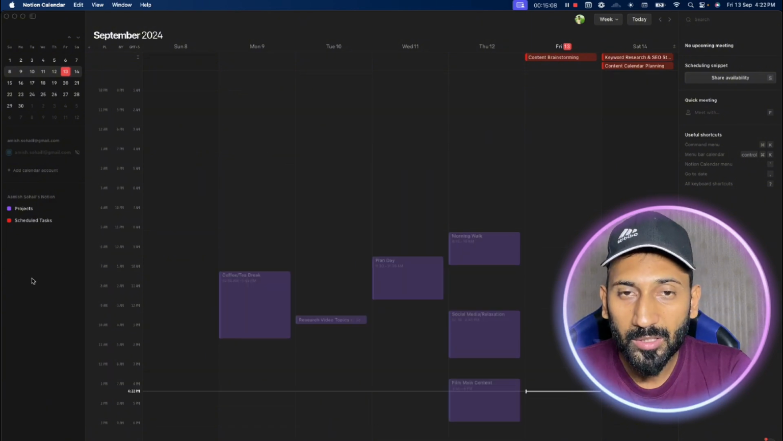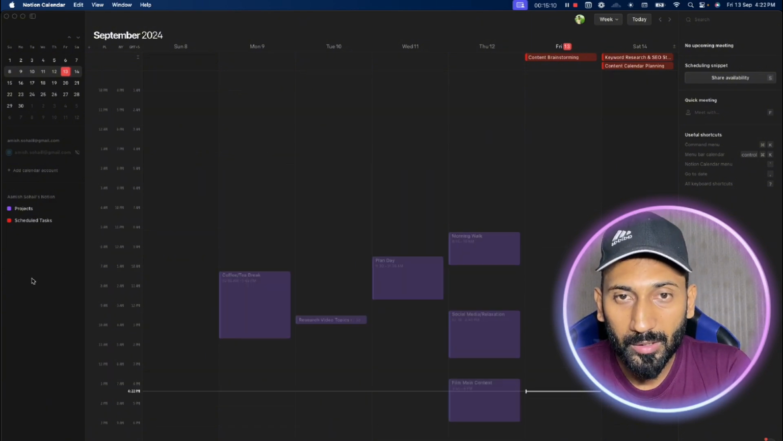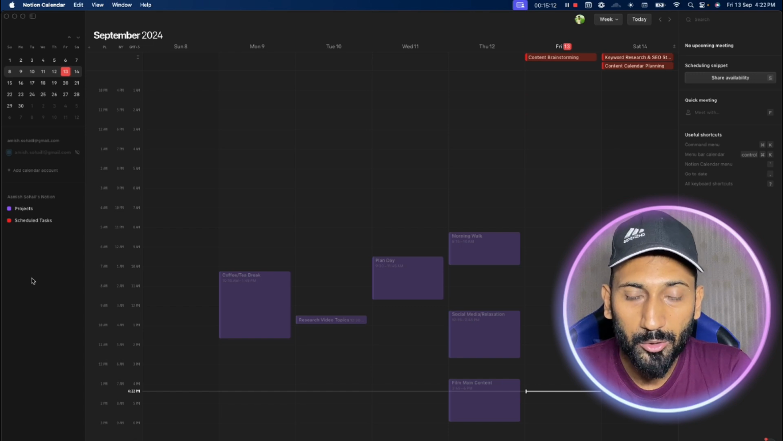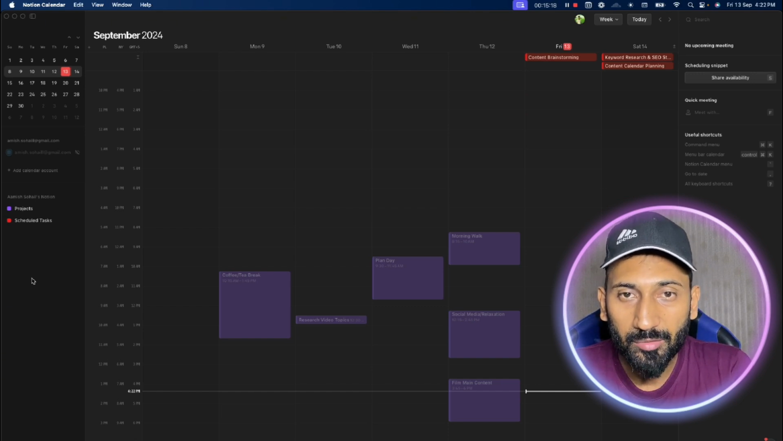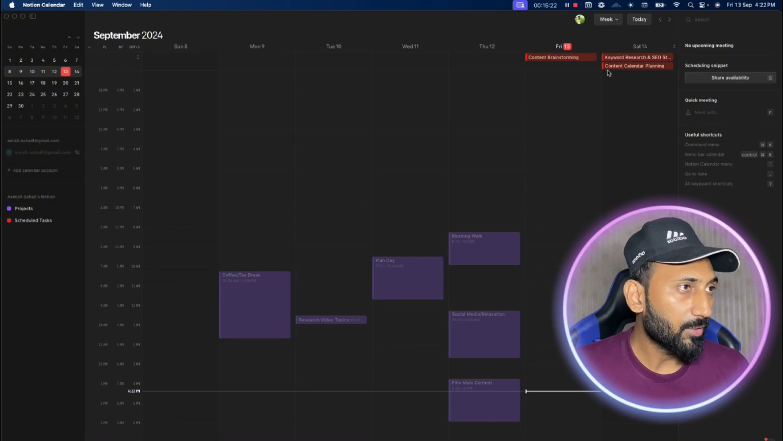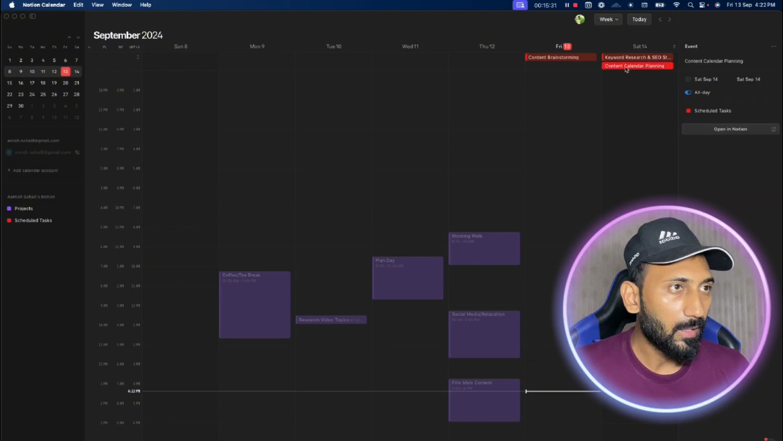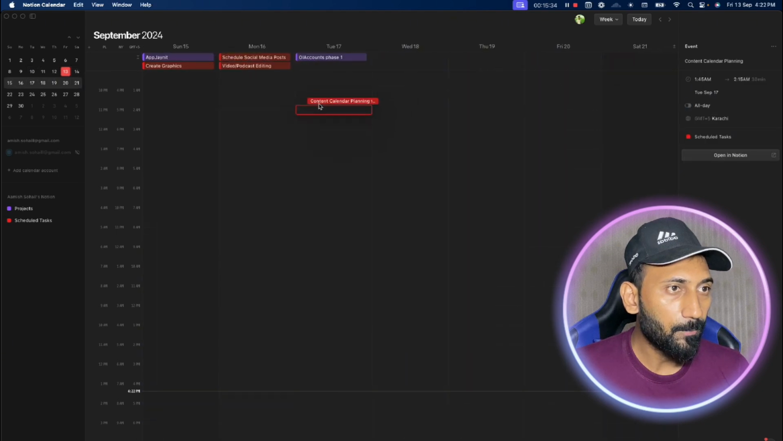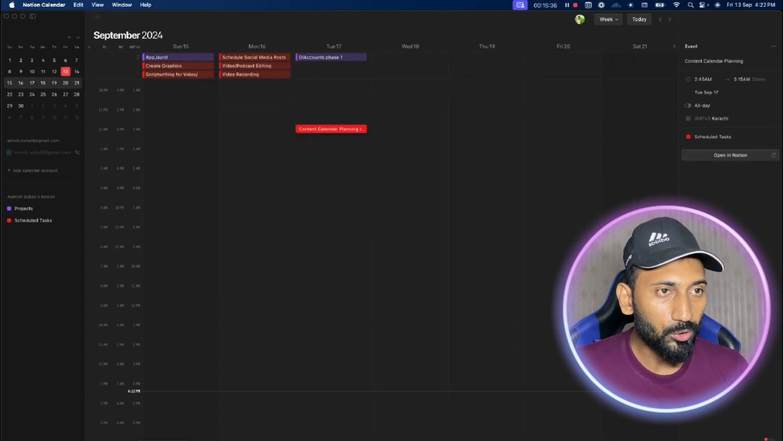Whatever you do with the Notion calendar is super syncable. So even if you have events from Google Calendar, you can very easily and quickly edit them from Notion calendar, and the changes will be affected on Google Calendar as well. For example, let me show you. Here we have one event added for the 10th. Let's say I change it to the 17th, and you will see if I go to Notion calendar again,